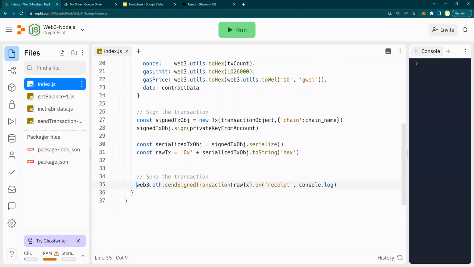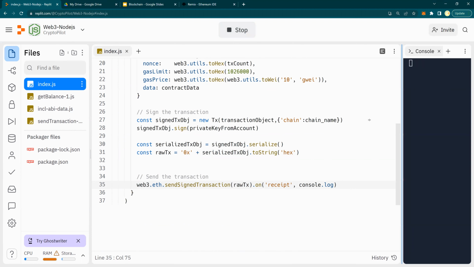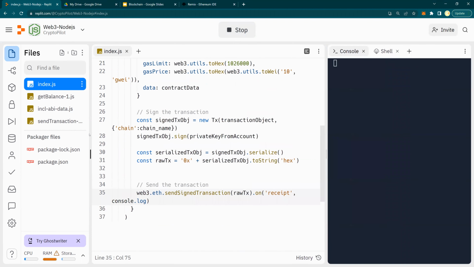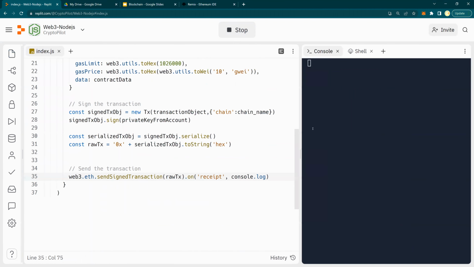And then web3.eth.sendSignedTransaction with the raw transaction. And on receipt, log it onto the console. Let's run it. What it will do is it is going to deploy, and I'm going to make a little bit of space for the output here. So it's running,